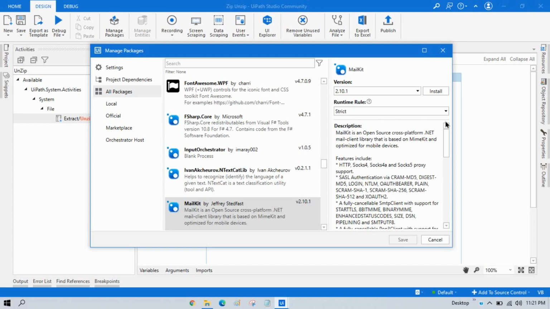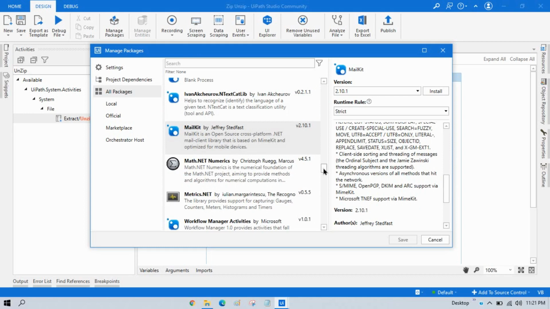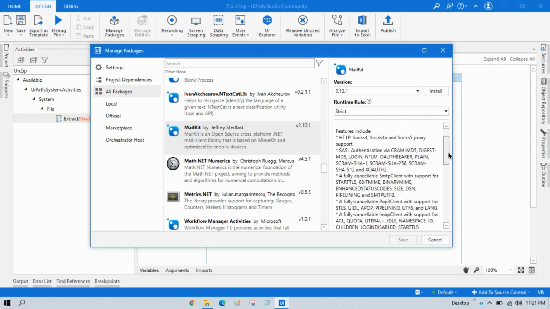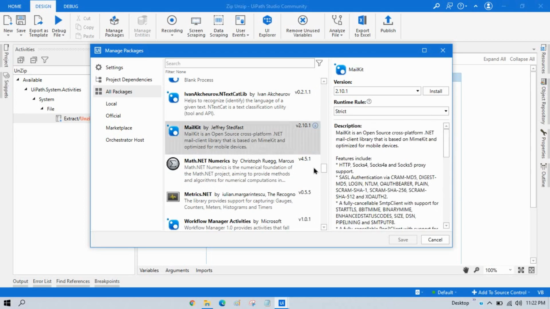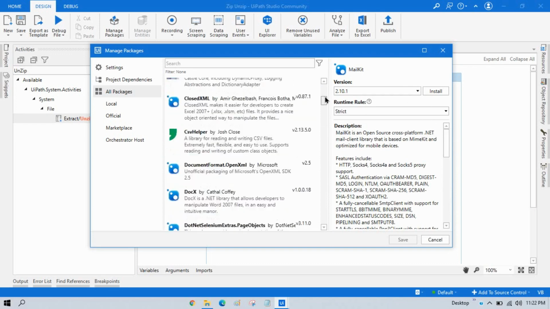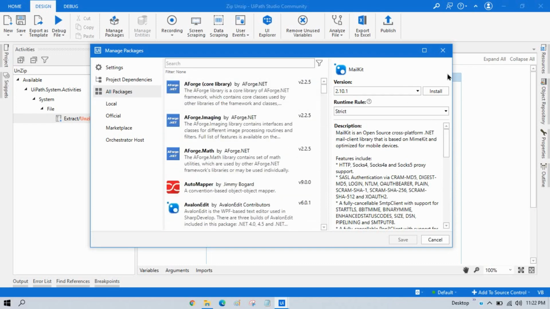So that's why, if you are working for any client, for your company, then do not use those third-party activities. If there is any bug in that, no one will help you to fix it. So I recommend, do not use any third-party package, just use UiPath packages. Otherwise you can write VB coding or C# coding. That is good for you.